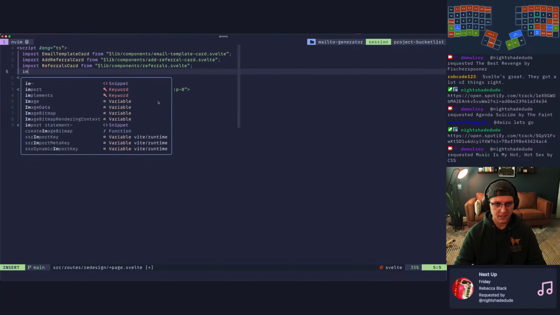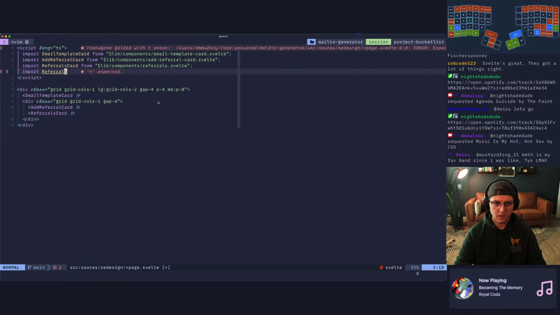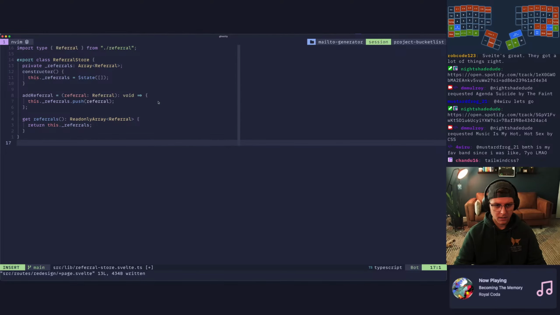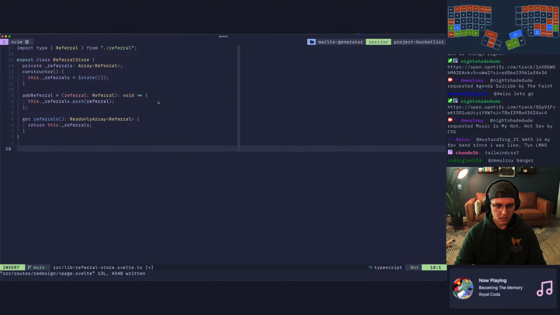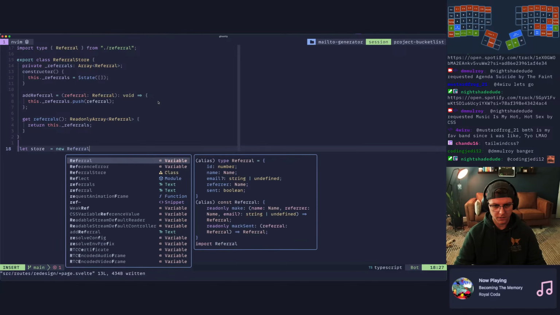So if we come in here, let's say import referral. I guess we could go back to that file, right? We could make a function like let store equals new referral store.